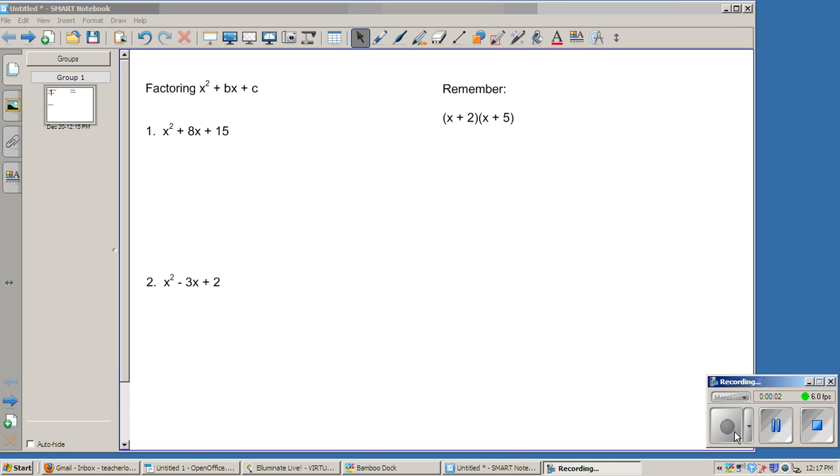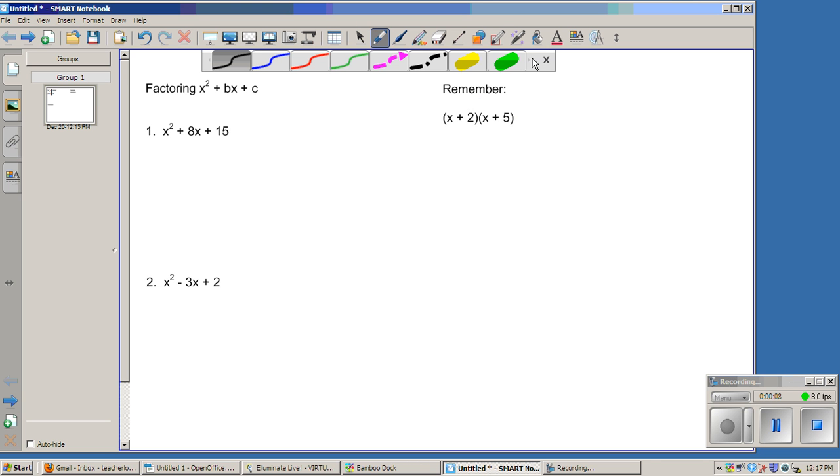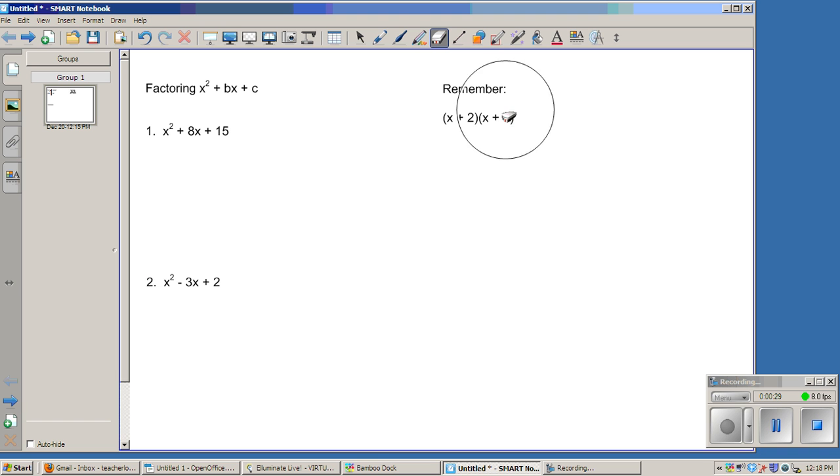So when you want to factor something, the first thing that I want to remind you about is when you learned FOIL, because factoring is just going backwards. This is two factors. You have a factor of x plus 2 and you have a factor of x plus 5. So that's one factor and that's another factor. Now normally when you have to multiply those two things together,